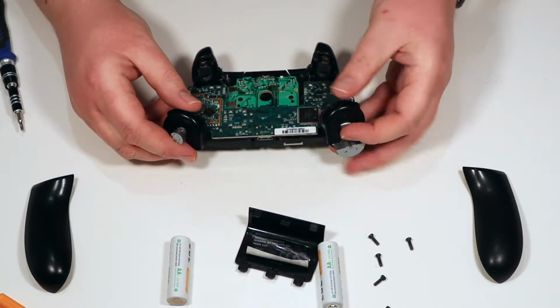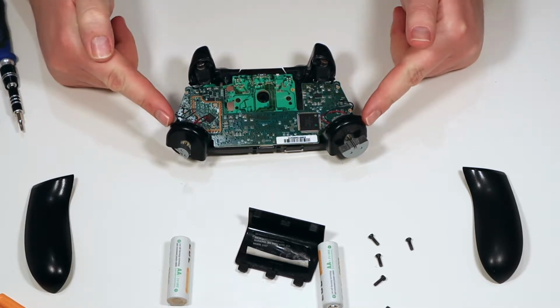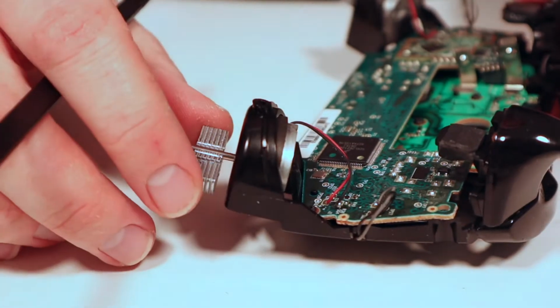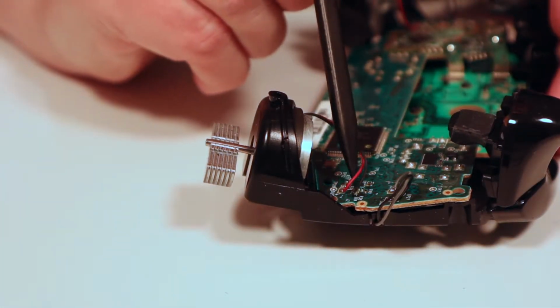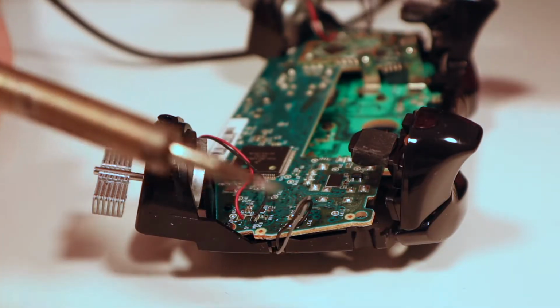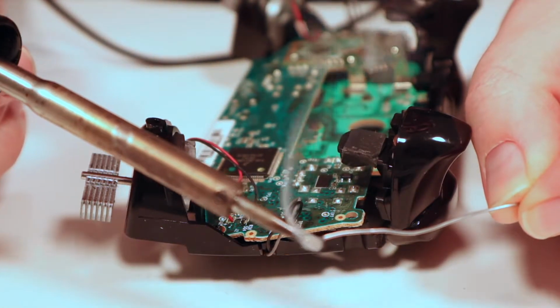So the next step that we're going to do is we're going to remove the wires for the rumble motors. Okay, so here we've got the rumble motor. So what we are going to remove are these 2 wires here. The best way I found of removing things, it sounds a little bit counterintuitive, but if you get your soldering iron tip, if you put a little ball of solder on the end,